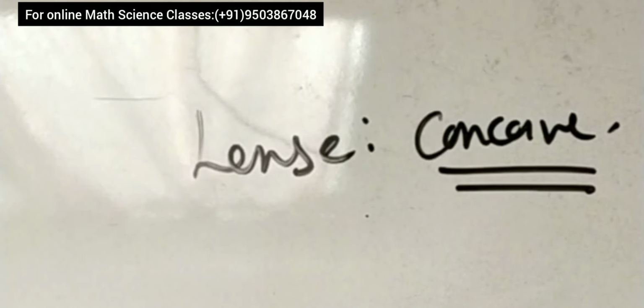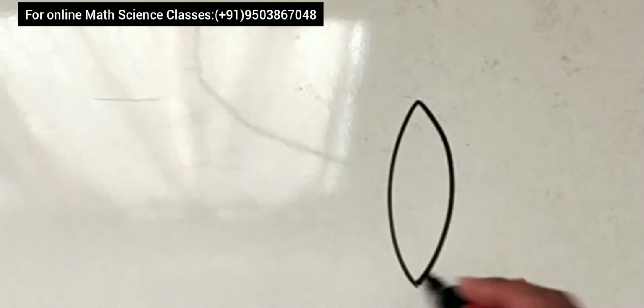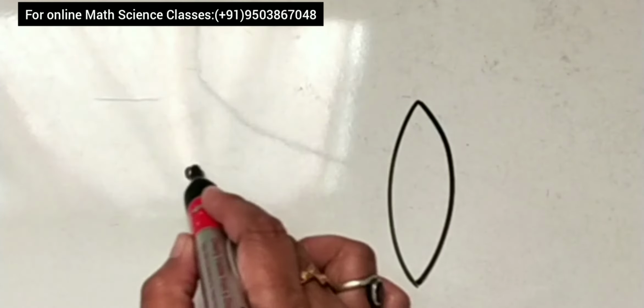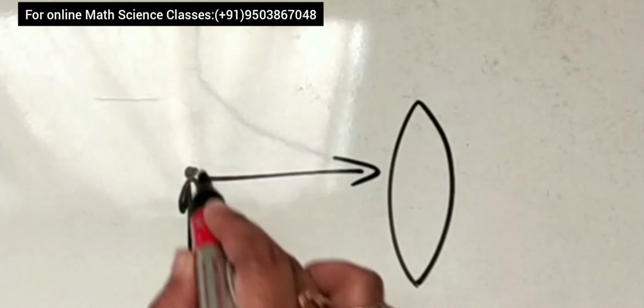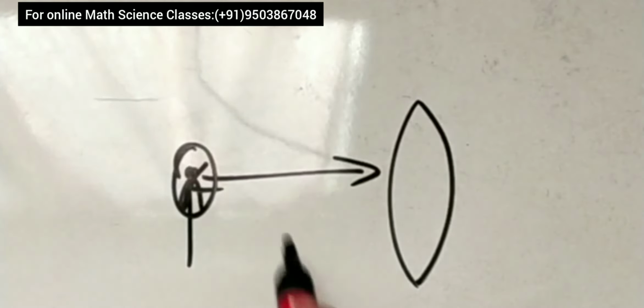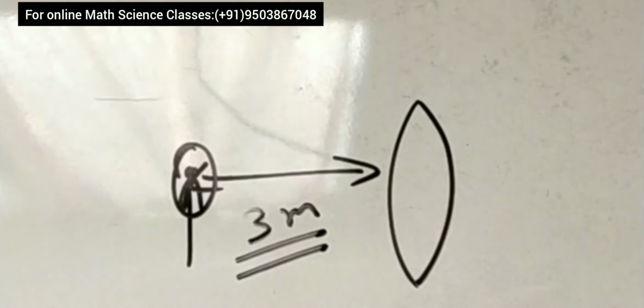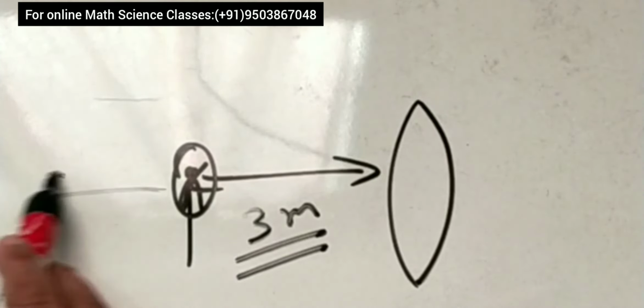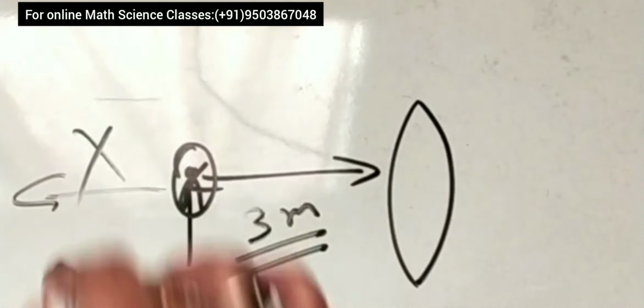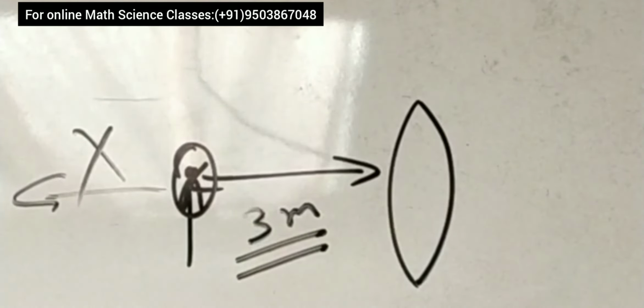3 meters is the image distance. Why? Because that person can see the images up to 3 meters. So I will show you, this is the lens, the eye lens, and that person can see the image up to this. Suppose this is the image. So the person can see images up to 3 meters distance, but cannot see the images beyond 3 meters. So these images will not be seen by this person. Here we have concluded that the person is suffering from myopia, and to correct this defect, he will use a concave lens, right? Up to this we have done.